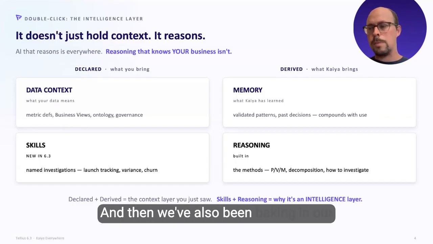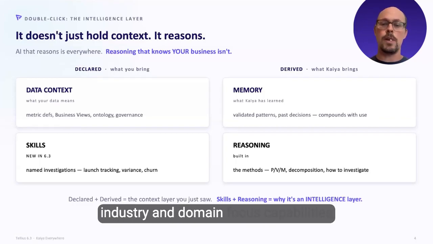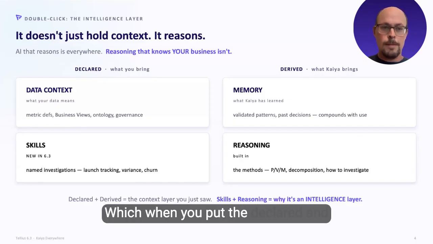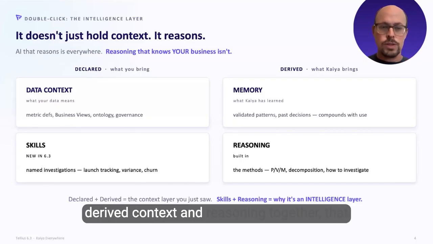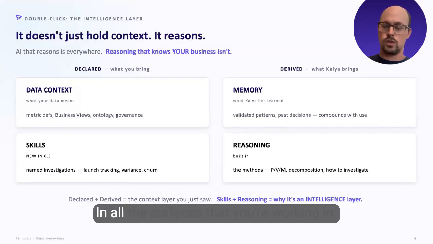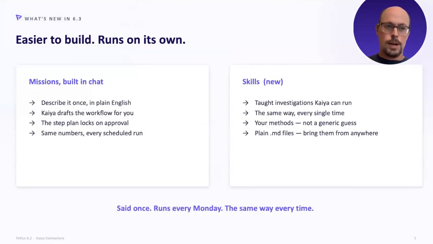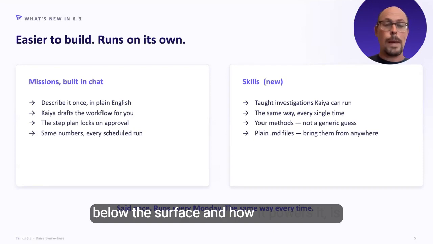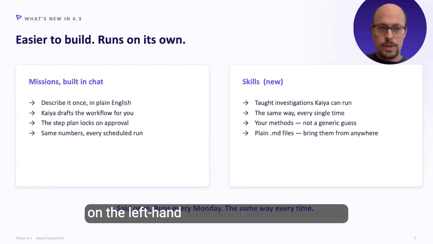And then we've also been baking in our industry and domain focused capabilities as a part of the reasoning layer, which when you put the declared and derived context and reasoning together, that is really what is powering the intelligence layer, which is now available to you in all the surfaces that you're working in. When you put it all together and you have this intelligence layer working for you, the two things above the surface, that was all below the surface and how it powers it, are